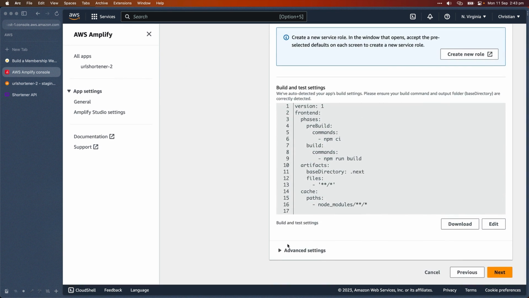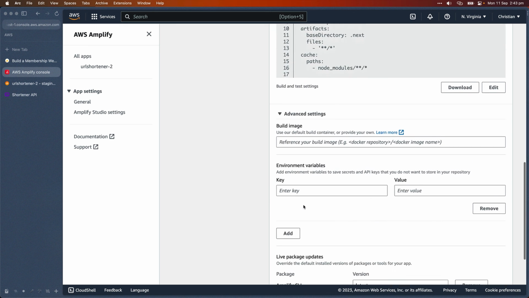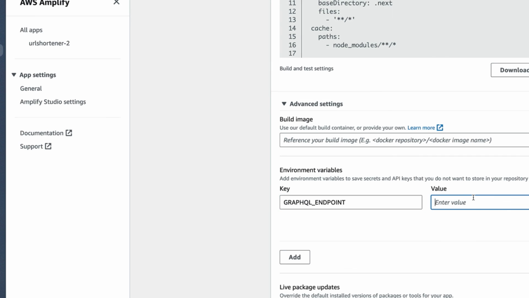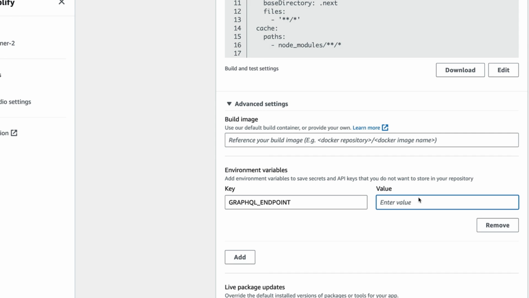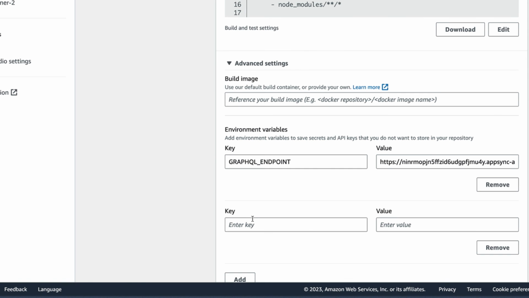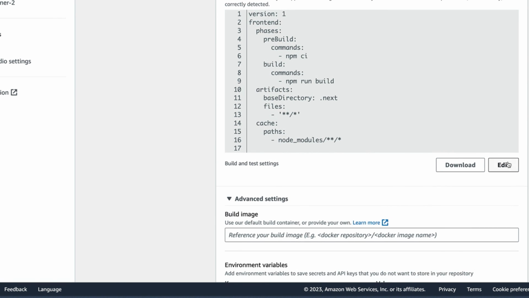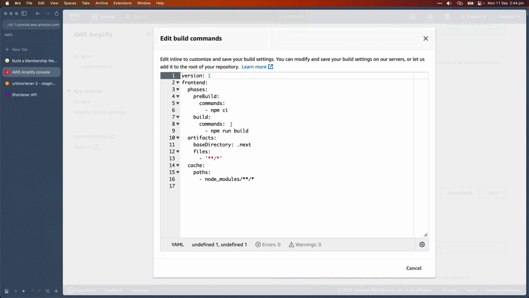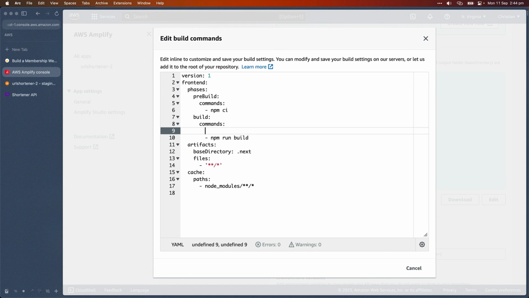Now scroll down to the advanced settings so we can provide our credentials. Let's set the GraphQL endpoint as well as the GraphQL key. And finally, we need to explicitly tell AWS Amplify to grab these credentials and put them in a .env.production file for this build. So to do that,